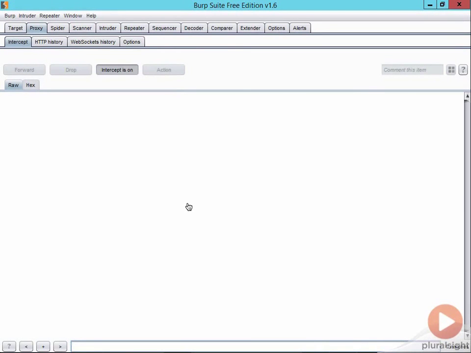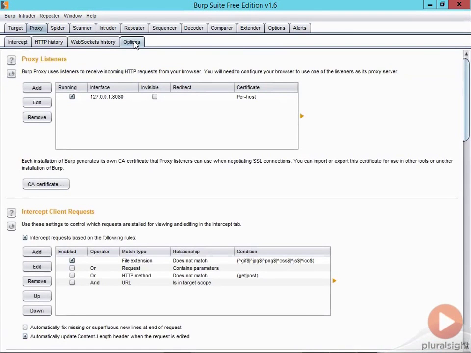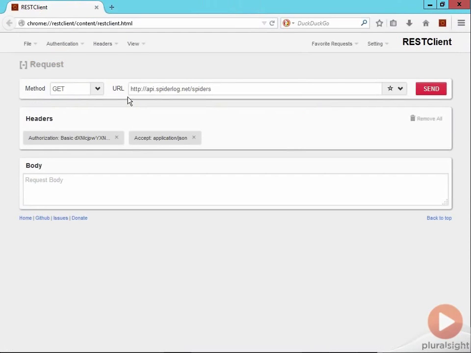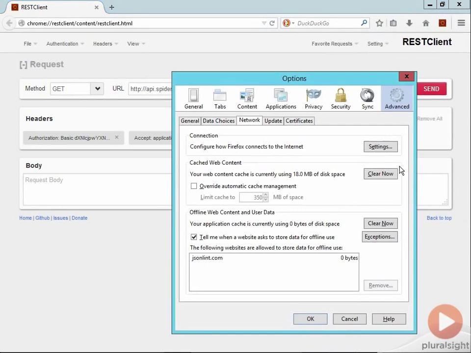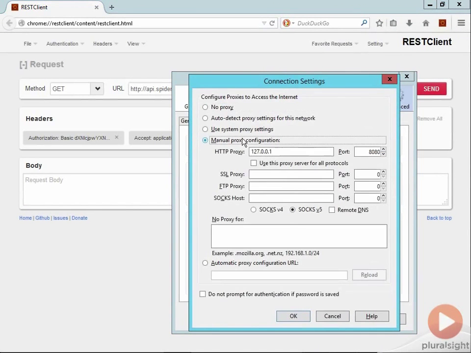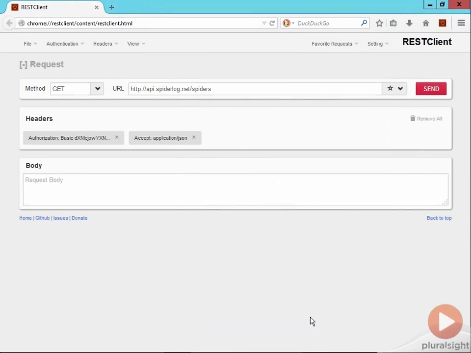Burp runs as a proxy in between the client and the server, so it can record all the HTTP traffic that it sees. It's got a no-frills UI, and it's clearly focused on function over form. In the Options tab, here are the proxy details. So I can set Firefox up to use the proxy running locally from Burp, which by default is on localhost port 8080, and any calls that come from Firefox, including the REST client plugin, will go through the Burp